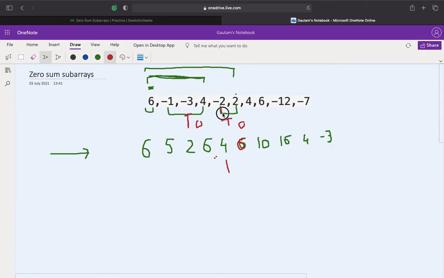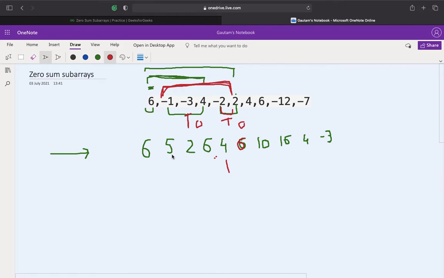One subarray from this one and one subarray from this, which is let's say minus 3, 4, 4 minus 2 is 2, sorry, 4 minus 1 is 3, minus 3 is 0, plus 2 and minus 2. So this subarray is also equal to 0, right? So we need to take care of this fact that if there are more than 2 repeating elements, there might be more than 2 subarrays whose sum is equal to 0.